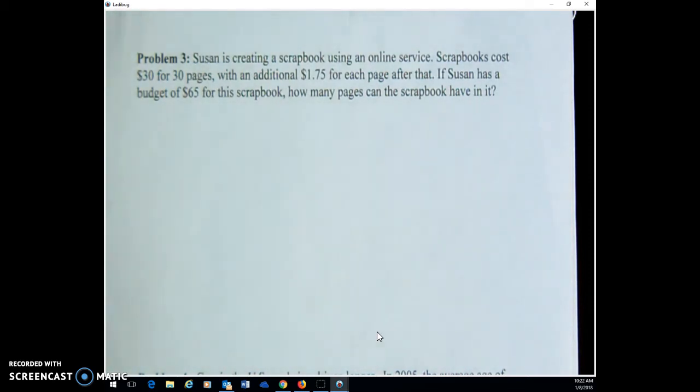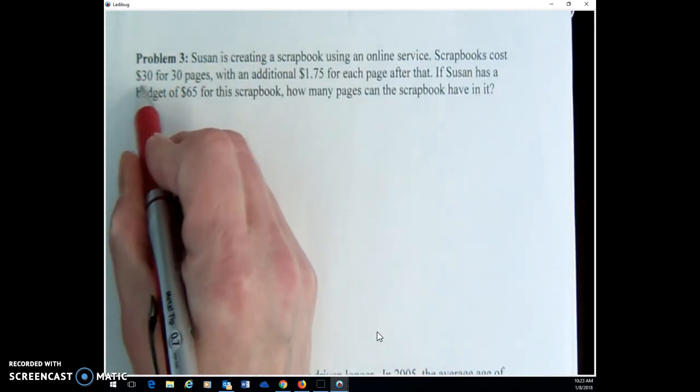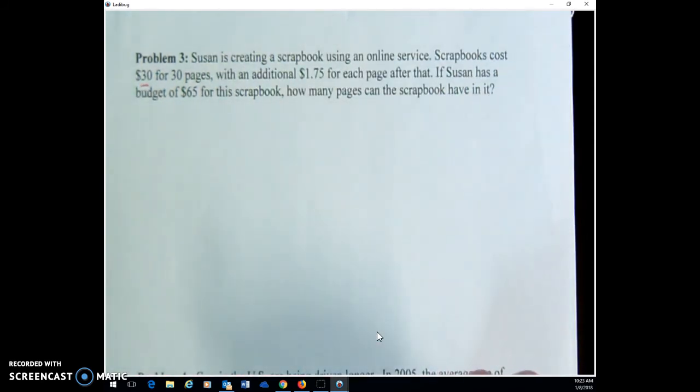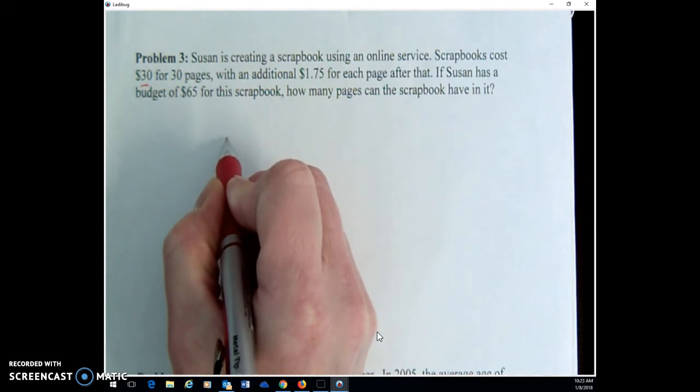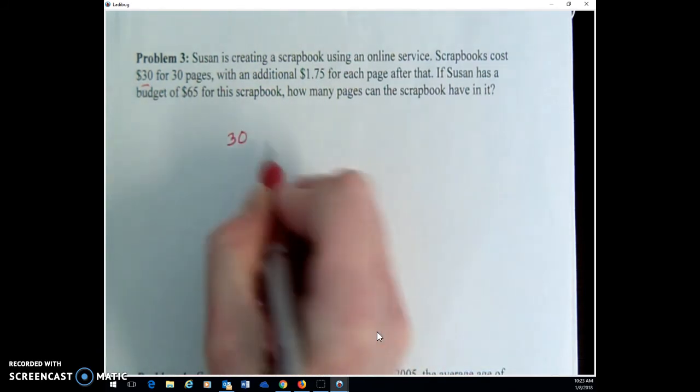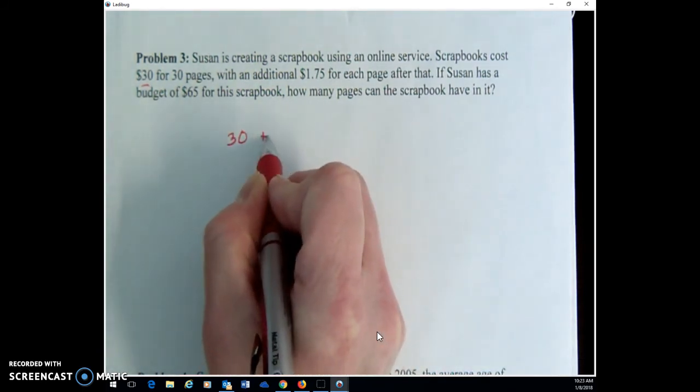But Susan is creating a scrapbook. She has an online service. Scrapbooks cost $30 for 30 pages. And then after that, they're going to charge you a little extra, so $1.75 for each page after that. So the minimum, it seems like you have to have at least the $30 there. So you're going to have your $30 plus your